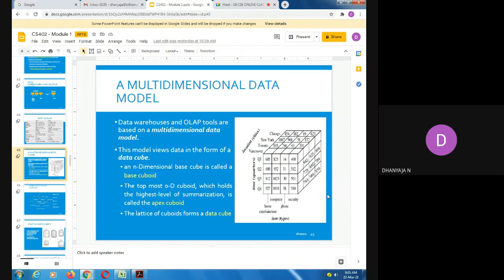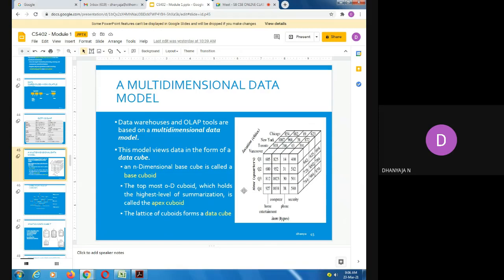Now what about slice? It selects a single dimension from the OLAP cube, which results in a new subcube creation. In the cube given in the overview section, slice is performed on the dimension of time period, each quarter, or on product, like that. We will select only a single dimension from an OLAP cube. That is known as slicing. Slicing means cutting nicely, right? So in this cube, I'm just considering only one dimension, slicing it. That is known as slice operation.